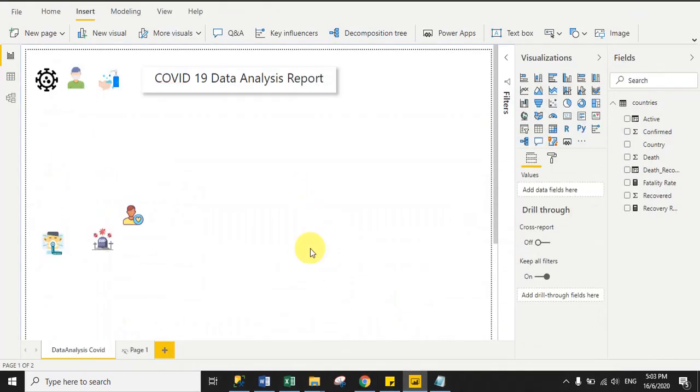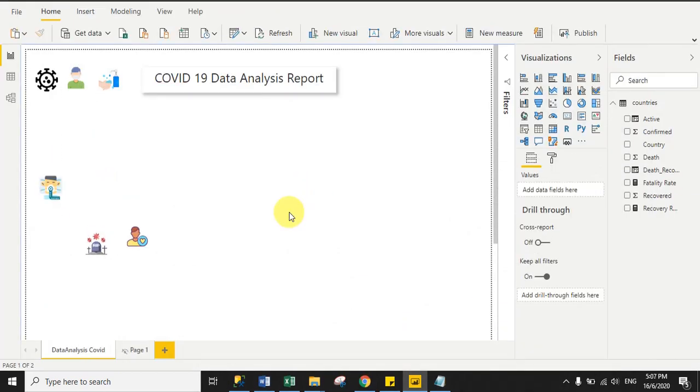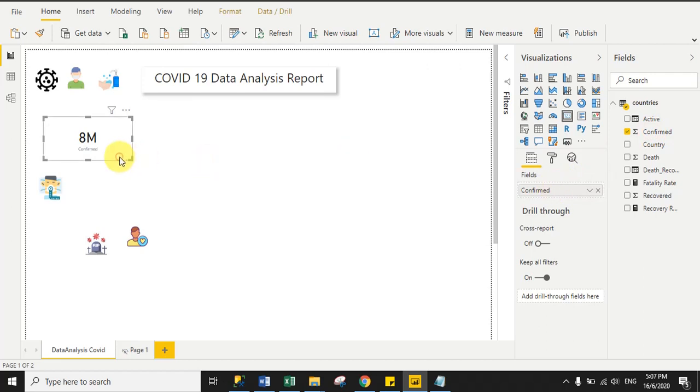Okay. Now we will display the summary. To display the count summary, we will use card visuals. Just click the card visual. You can see here this is a card visual. Now drag confirmed cases into the first card visual, right? And then copy the same visual and paste. Now in the second visual, drag the total recovered count, then copy the second visual and paste one more time. And here drag the total death count. You can see here this is the death count, and copy one more time.